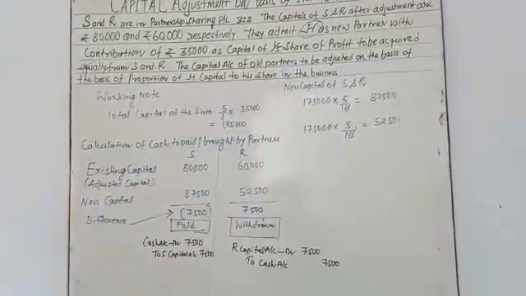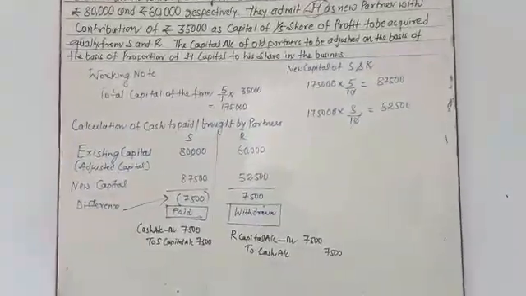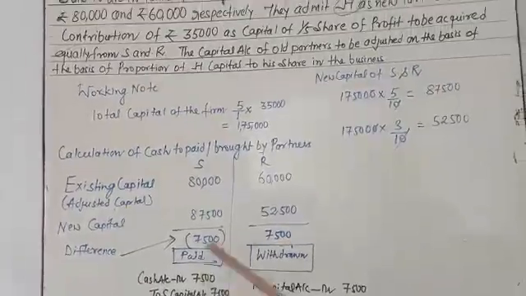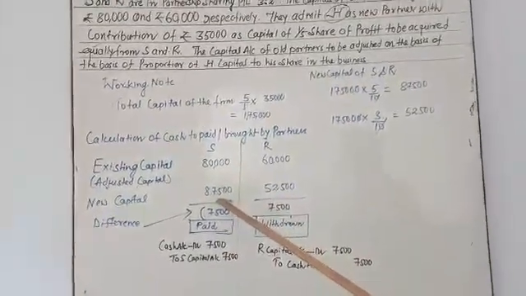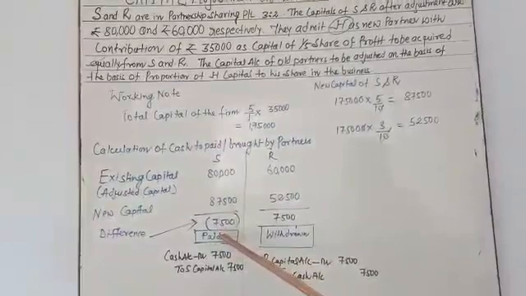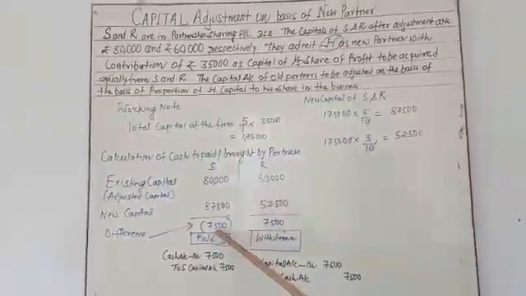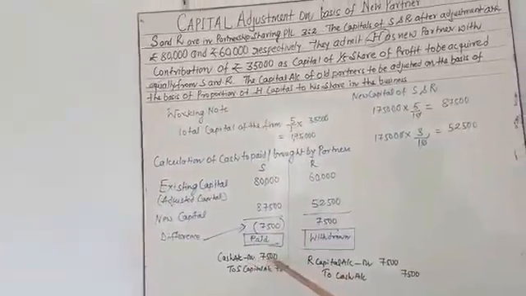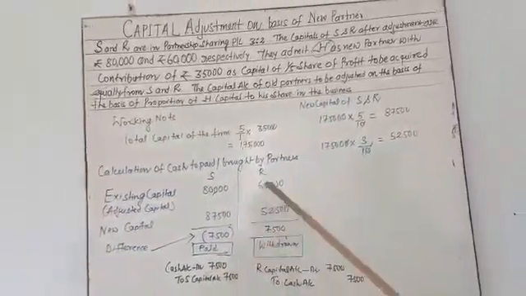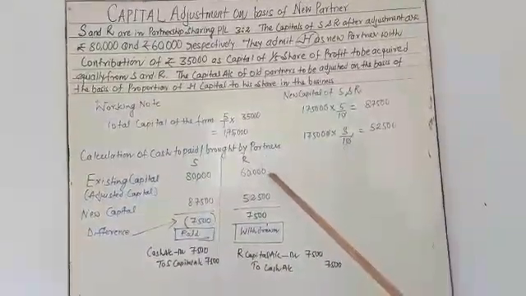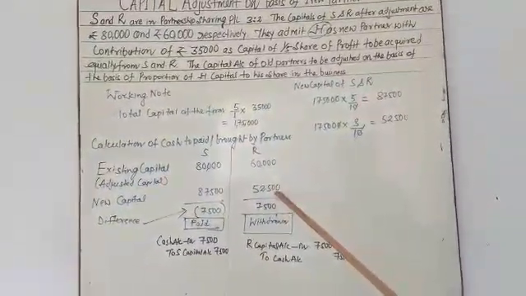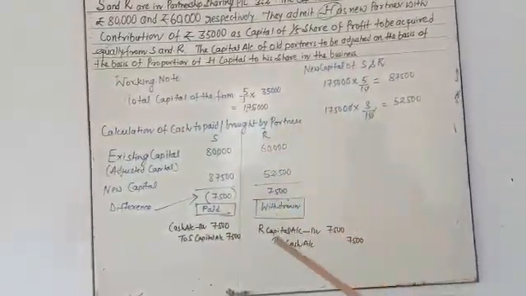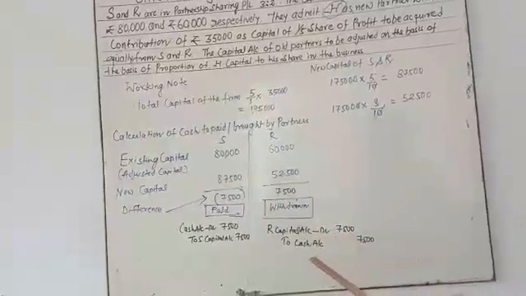So what you observe, come to understand once again. In this question, 80,000 is the existing capital and the new capital is 87,500. It means he is going to pay 7,500 in the form of cash to the firm. So this is the journal entry: cash account debited 7,500 to S capital account. In the situation of R, the existing capital is 60,000 and 52,500 is the new capital. So 7,500 is going to be withdrawn by R. So the drawing entry is that R capital account is debited to cash account.